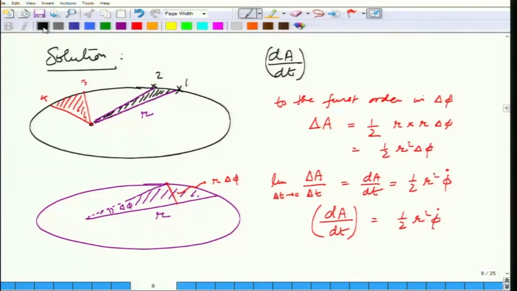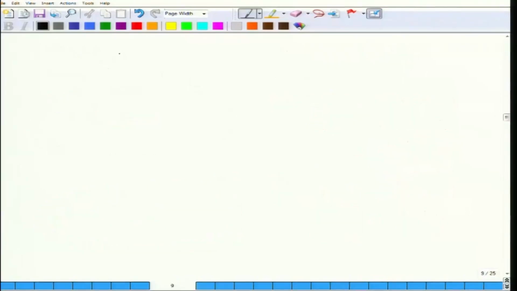So, dA dt is 1/2 r square phi dot. Now, you see why I neglected the second order. If I included the second order here, if I take delta t going to 0, the second order is going to vanish, because delta phi squared divided by delta t is going to be finite, but delta phi will go to 0. So, this is the rate of change of area, and what Kepler's second law says is that dA dt